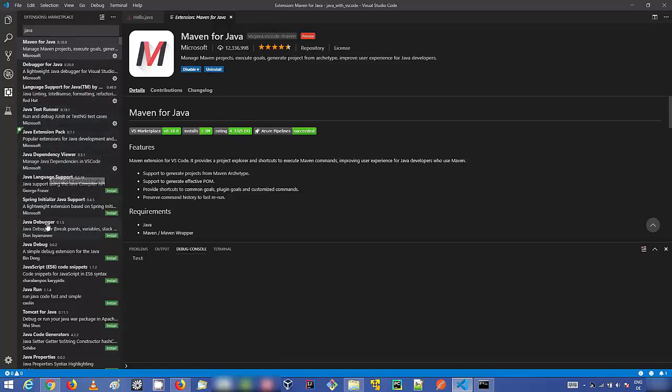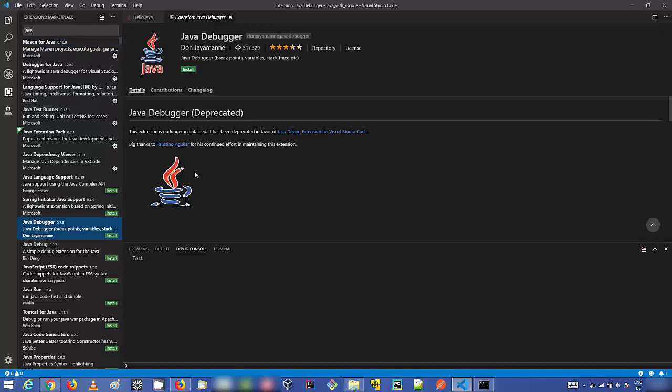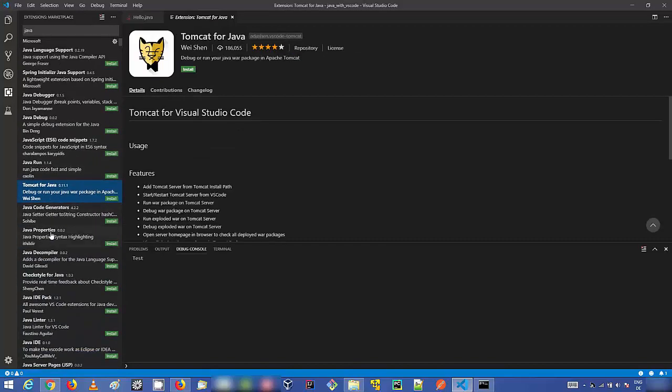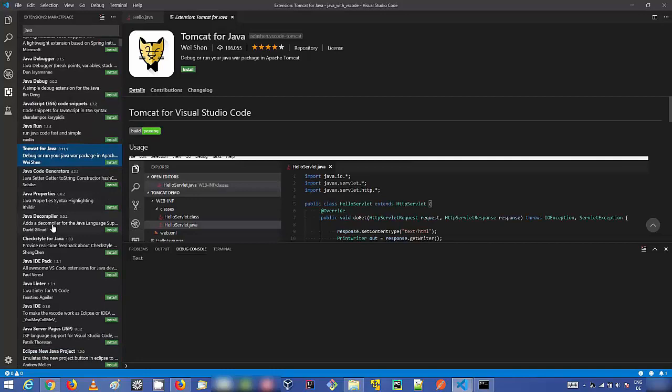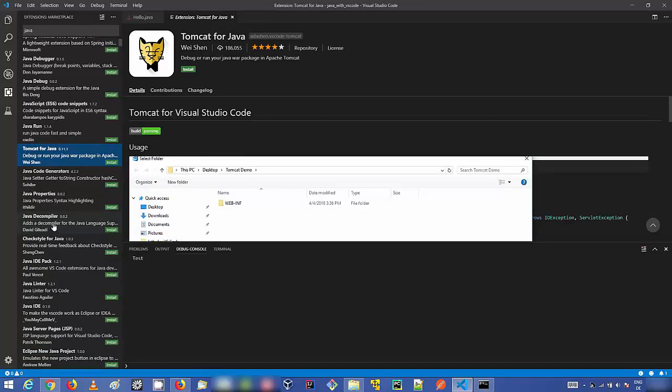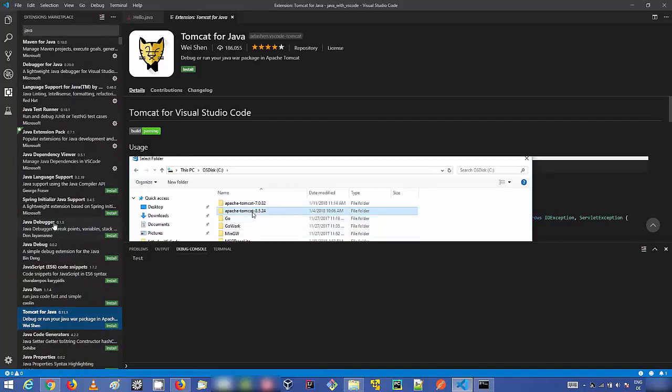So you can just see these extensions. For example, Java debugger, if you want, there are 300,000 downloads for this extension, so you can try this extension, or Tomcat for Java extension. So you can see plenty of extensions available for your help, so you can try these extensions also.